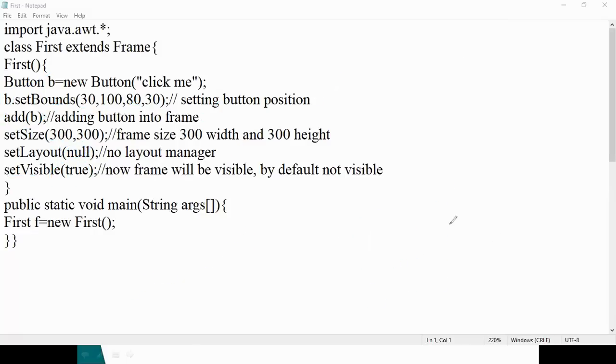Now I'm taking the main method. I'm creating an object of the class, so that whenever you create an object of the class, the constructor gets executed. Within that constructor, I'm creating the frame and performing the activities which are required. Now, if you execute this,